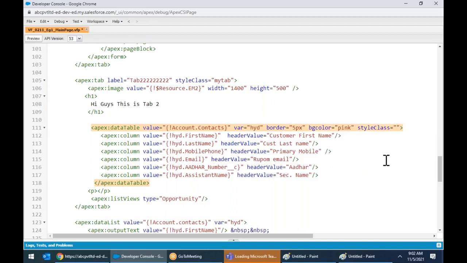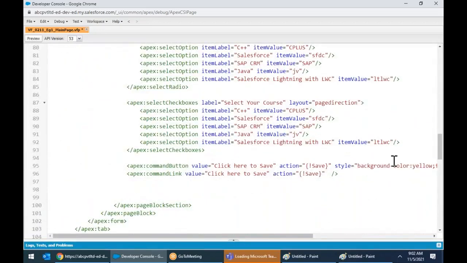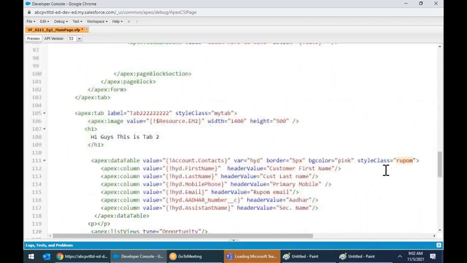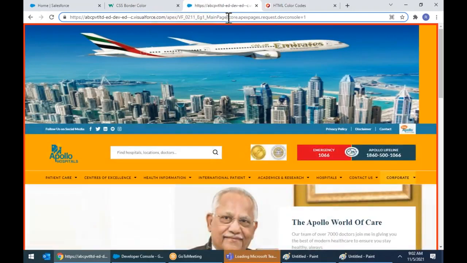Style class equals to Rupam. Make sure that the spelling is correct. Case sensitive, Rupam. Now for the data table also I applied. In tab 2, in the data table also I applied. Control S. Go ahead, check it out. Question mark